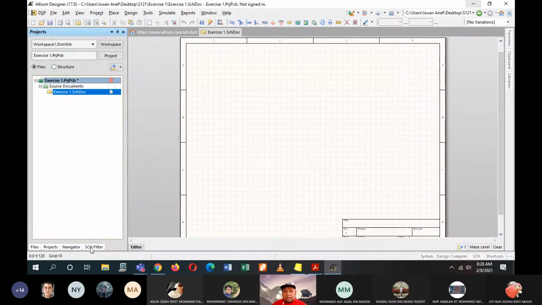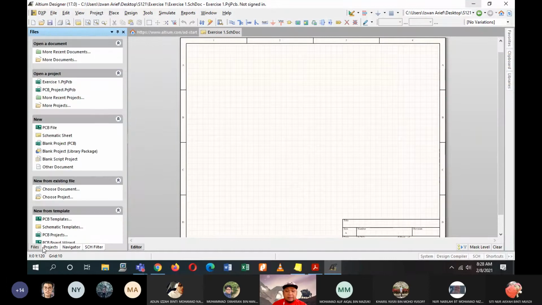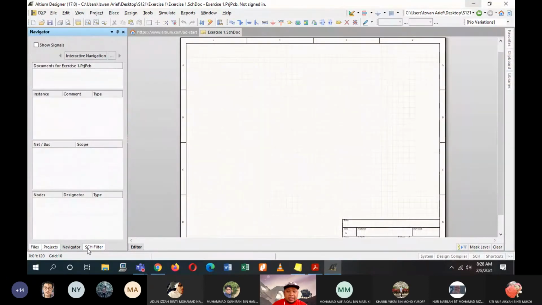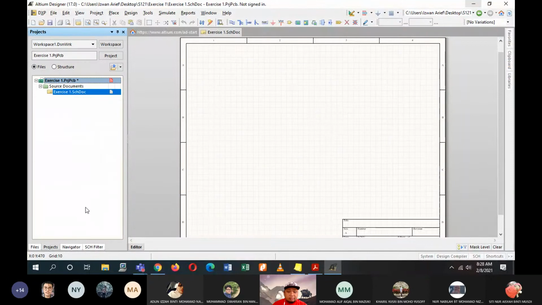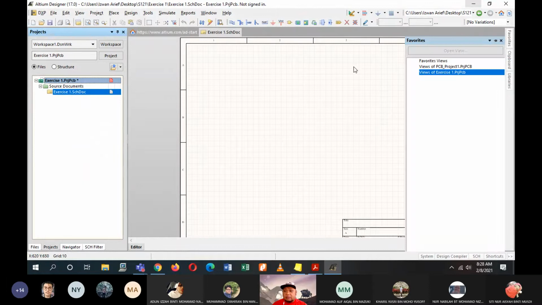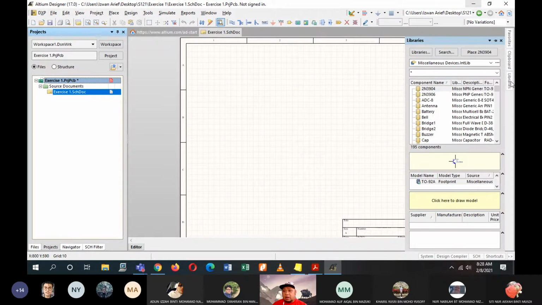You now have 4 tabs here: files, projects, navigator, and the schematic filters. But just make sure you are on the project tab. And then you have another 3 tabs on the most right hand side of the software. You can find the favorites, clipboard, and libraries. So click on libraries.